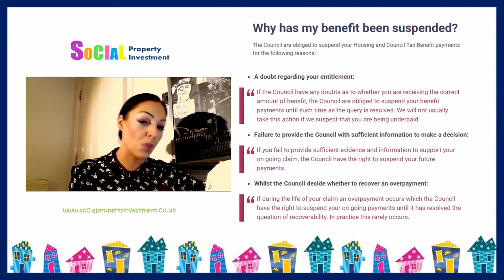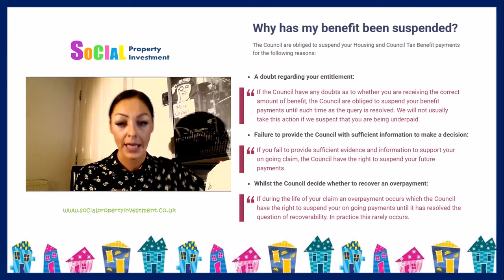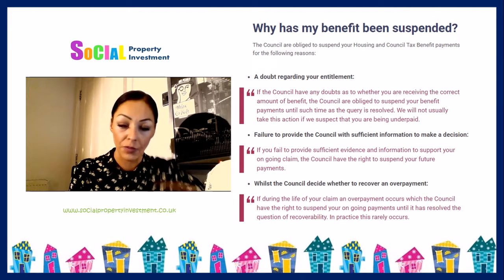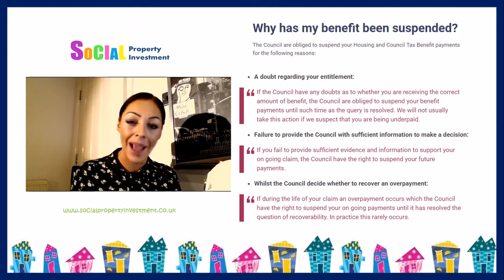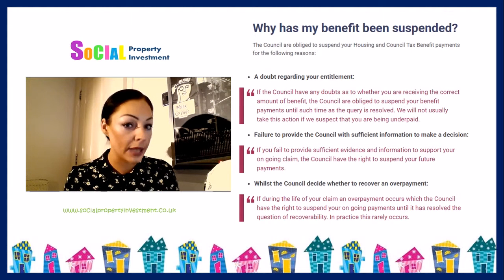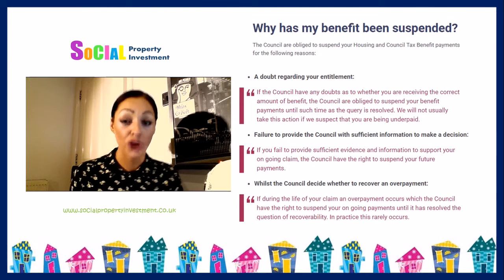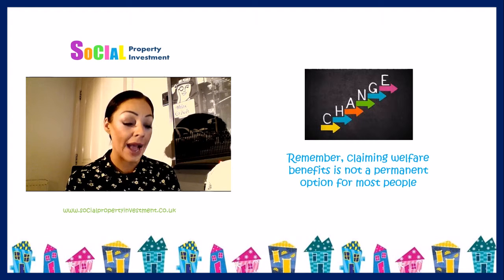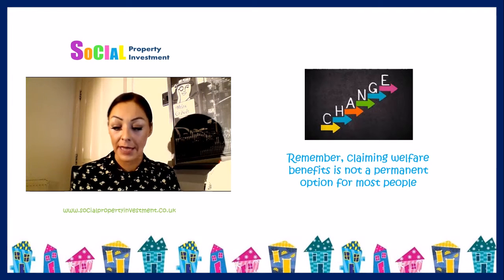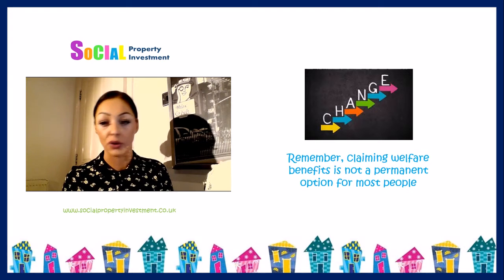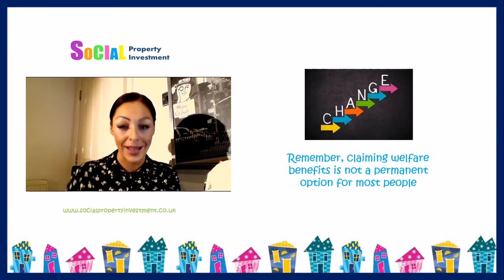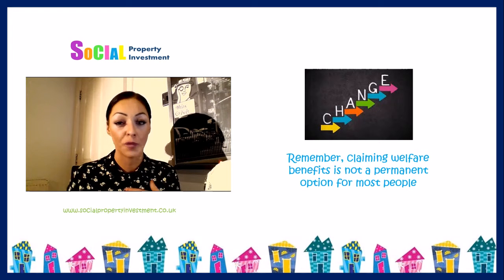Turns out the tenant's been working, but they forgot to inform you of this, and they've now earned some money. So job seekers allowance wants to reclaim this. Housing benefit wants to take this money back now, and they want to recalculate the claim, and it gets so complicated. I have seen and actually worked on cases where landlords have had tenants running up arrears of over £2,000-3,000 because they've jumped in and out of work. They've been on 0-hour contracts. It's taken the council a long time to catch up and recalculate claims because there's so much frequency in the change of circumstances.